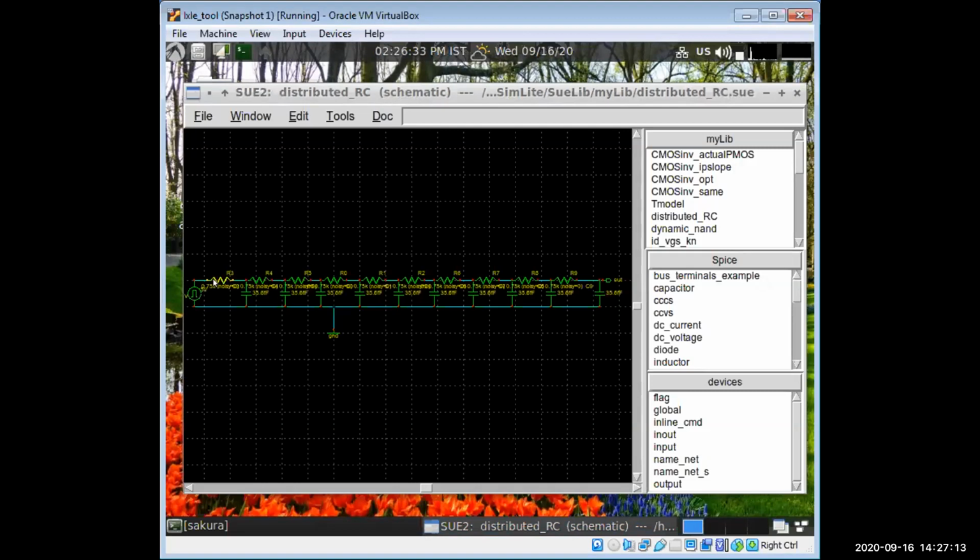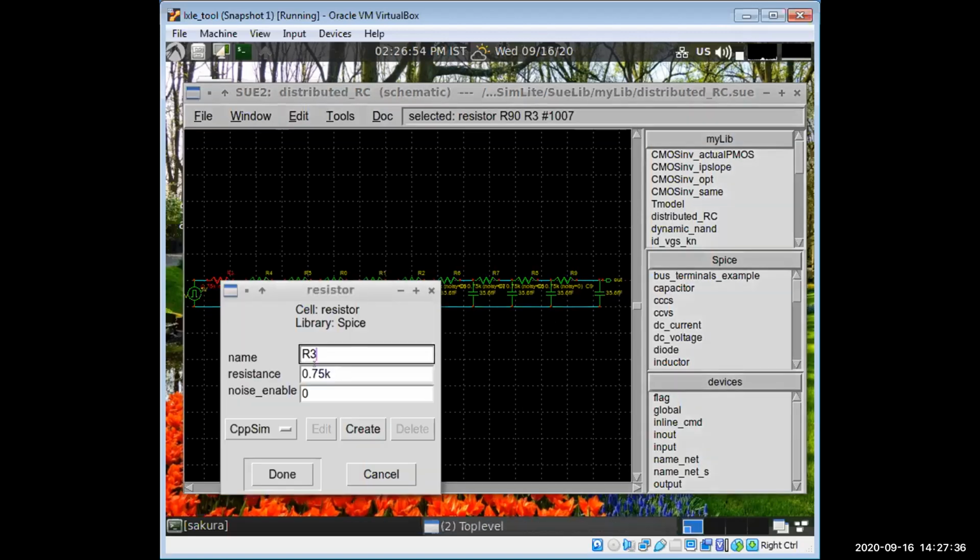Now you have to see here. So there are 10 resistances and 10 capacitances. The values of these 5 resistance and capacitance will be what we calculated, and this other 5 resistance and capacitance will be for the second segment. Now let's check the values. Just tell me the values of the first 5 segments resistance. 2.5, I think. 1.5. Yeah, 1.5.